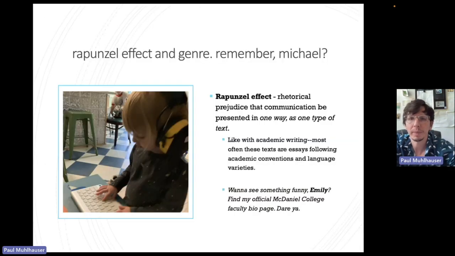So the first thing I want to talk about with regards to our readings was the Rapunzel effect and genre. The Rapunzel effect is just this idea that there's this rhetorical prejudice that something has to be presented in one way, as one type of text, one type of communication. So kind of like with academic writing,